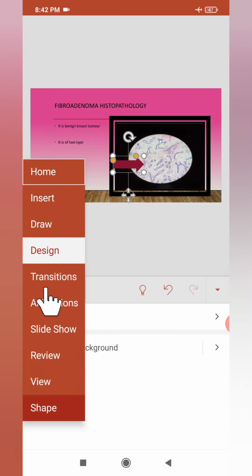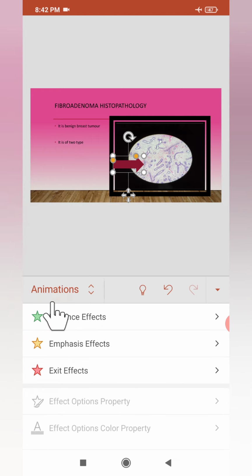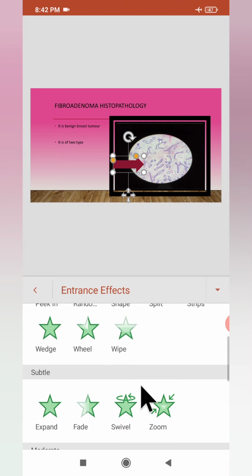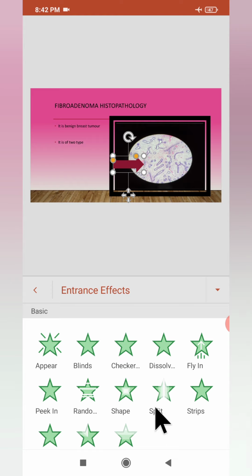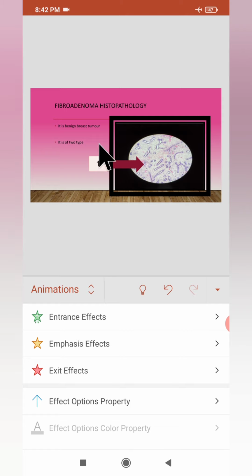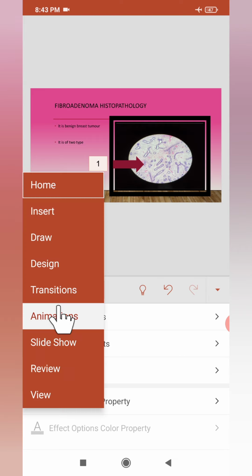All right, now guys, this is a very important function of the PowerPoint presentation for which we are using a PPT. You can add an animation in this particular application like that of a computer. In the computer PowerPoint software we can add animation, but here also we have the option of adding animation. Suppose I am adding an entrance effect, then here we have all the animation options like that of a computer: appear, blinds, fly in, etc. You can choose an animation according to your need. Here you can see that the animation has appeared. You can customize the animation according to your need, so here we have the animation option.